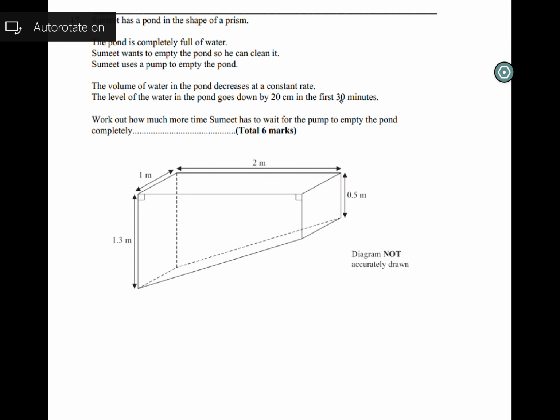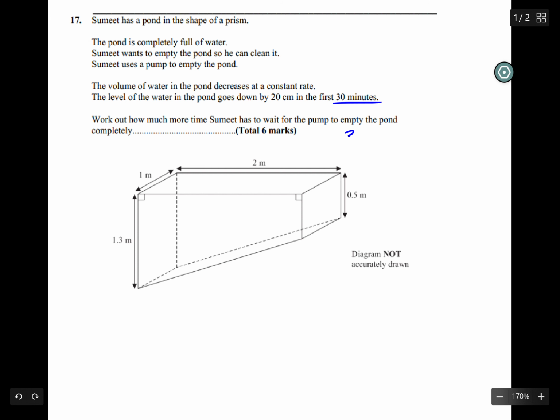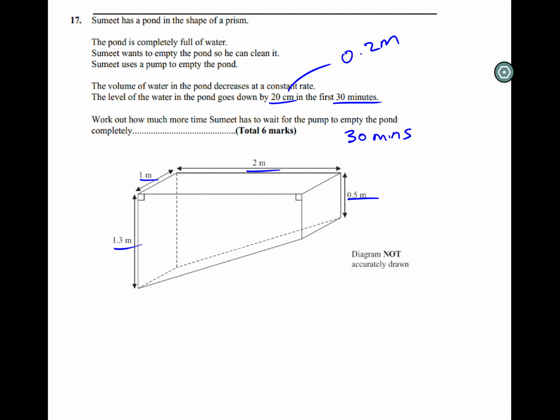So we know that in 30 minutes, 20 centimeters, which is equivalent to 0.2 meters. Notice that all of these units are in meters, so we're going to stick to constant units. If these were all in centimeters, I would keep that as centimeters. So then in this case, it's just going to be 0.2